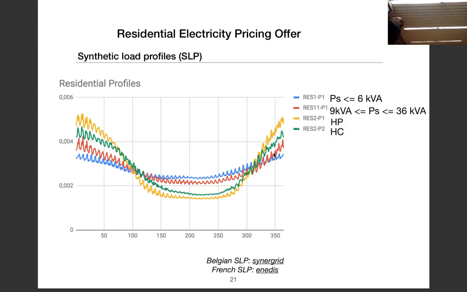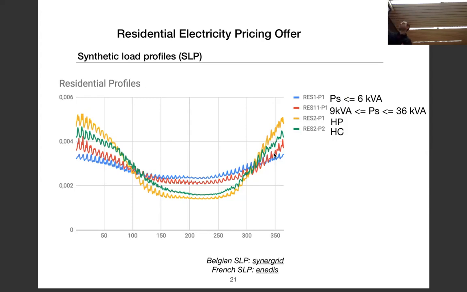And here is the synthetic profile for electricity. In blue, it is for consumers that consume not too much energy. And in red, it is for consumers that consume more energy, like people that have a big house. And here it is more for a flat. And here it is for people that have a different price between night and day. And you can see that the consumption fluctuates inside the day, between weekend and not weekend,